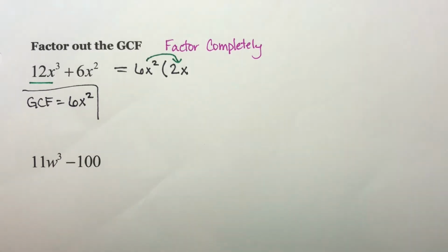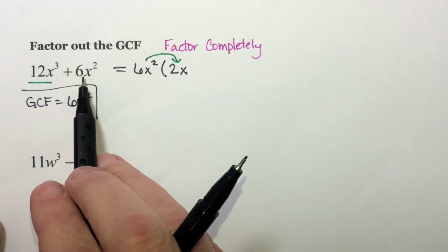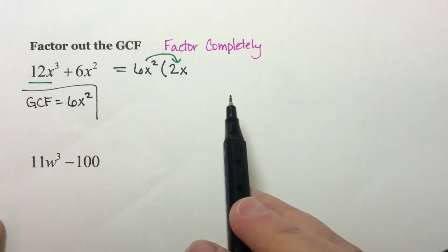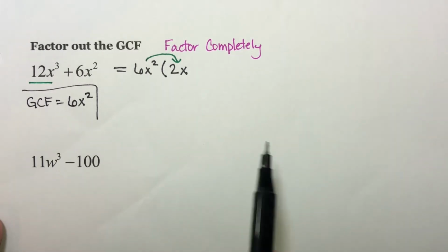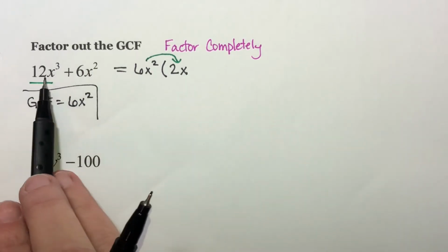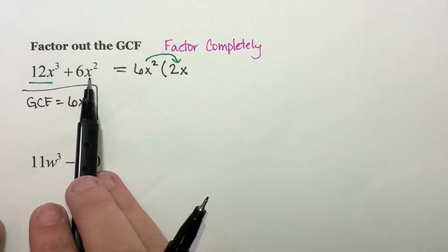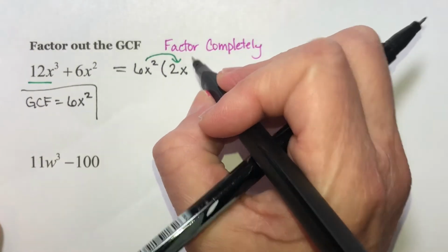Okay, now here's the part that a lot of people mess up because this is exactly the same as this. A lot of people close it here and say they're done. But we should always be able to reverse the multiplication. We should be able to multiply it all out and get back to here. If I just multiply these two, I get the 12x cubed, but I don't get this part back. I have to have this. So plus,